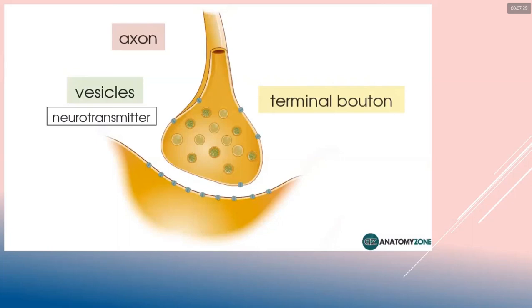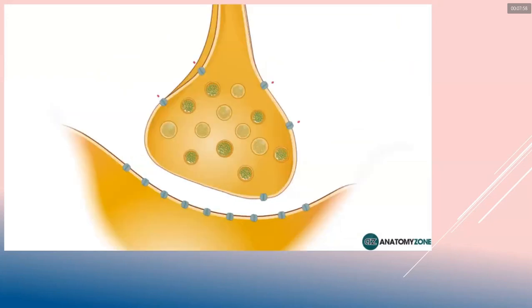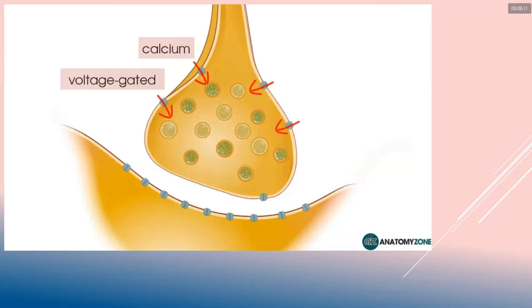Well, this is all due to the impulse that is transmitted down the axon. So an action potential arrives in the synaptic bouton from the axon, and when this happens, you get an influx of calcium from the extracellular space into the presynaptic nerve end. So when this action potential comes down the axon, the change in voltage across the membrane causes these calcium channels to open and allow calcium into the presynaptic ending. So the type of channel is called a voltage-gated channel because it's dependent on the voltage